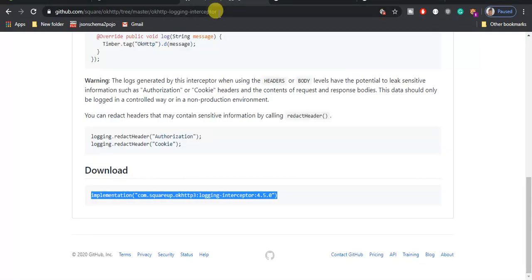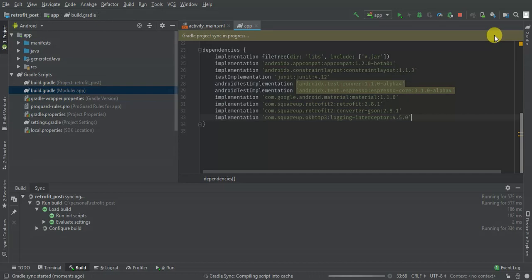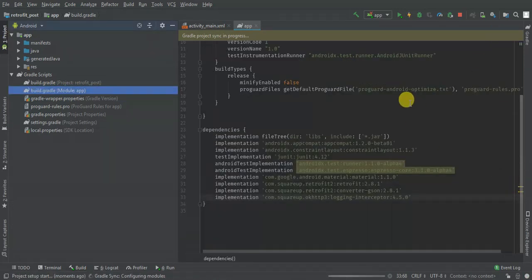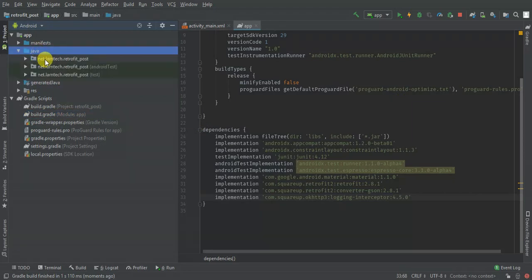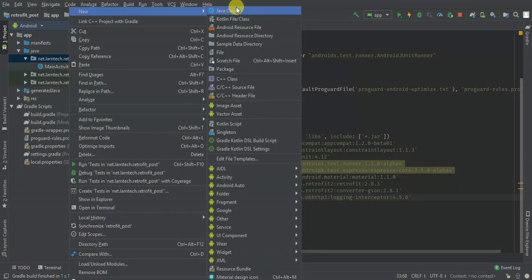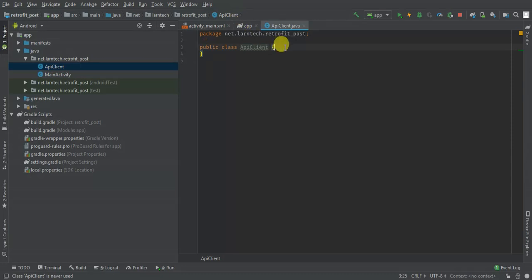I'm also going to add HttpLoggingInterceptor so that I can log the request header and the request body. Let's sync our project. I'm going to create ApiClient. Within the ApiClient, I'm going to have a private method